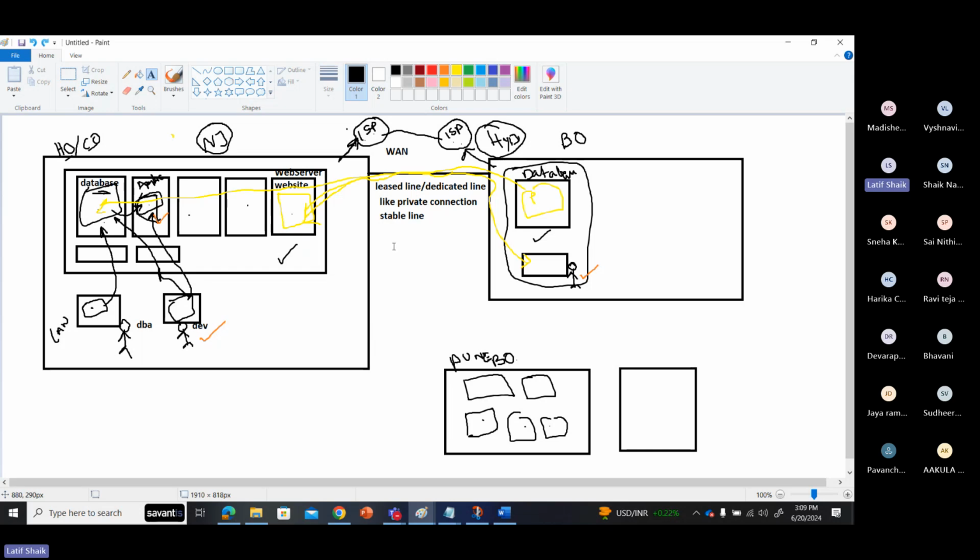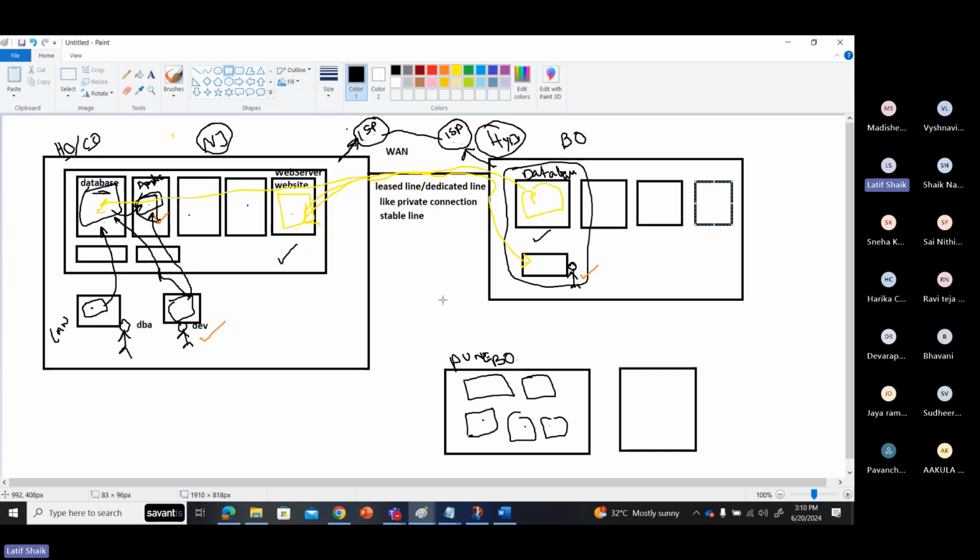So I have a branch office where it's not worth creating a leased line. You are paying some amount, so there should be worth in it. It's a small branch office, with two, three servers. Unlike your Hyderabad branch office, where important servers are running, here it is only backup servers or maybe localized servers. It is really not worth creating a leased line at that cost.